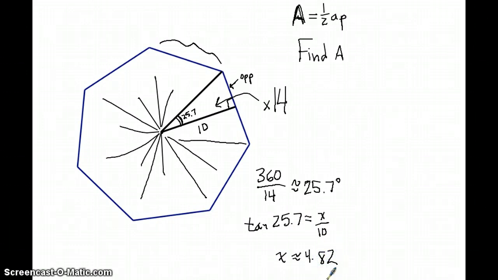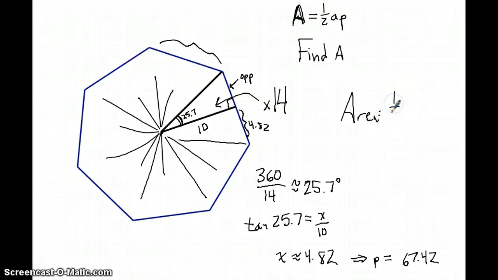Oh, 4.815. So that means each one of these little guys is 4.82. The perimeter of the whole septagon is 14 of those, because that's half of a side. So perimeter equals 14 of those. I get 67.42. So the area of the whole thing